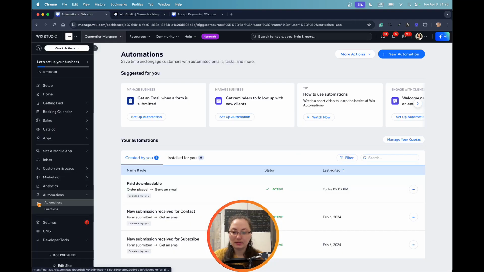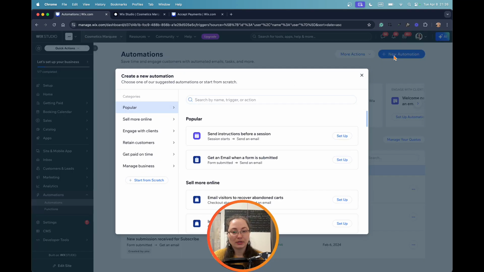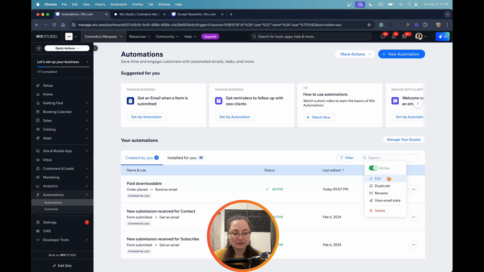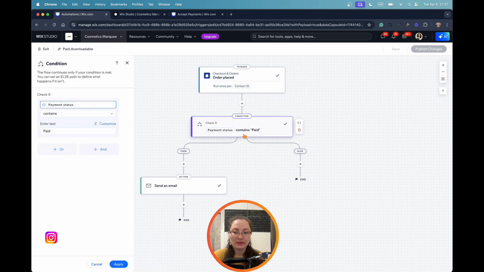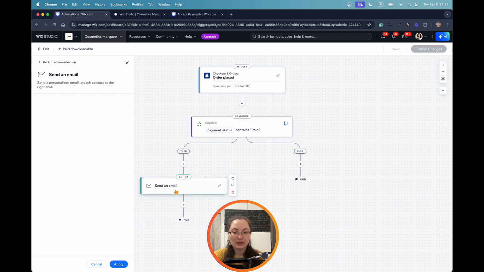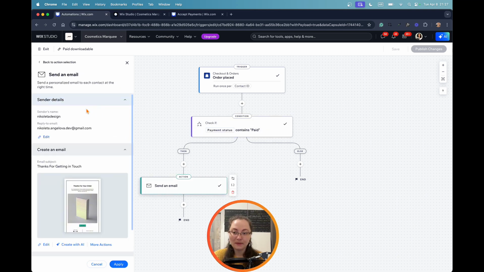From the left side, you have an option automations, and you have the button new automation. You can create one from scratch. This is what I did. And here the logic that I set up was when the order is placed and the contact ID is provided. The condition is once the payment status contains paid, then you will send an email to your customer, and it